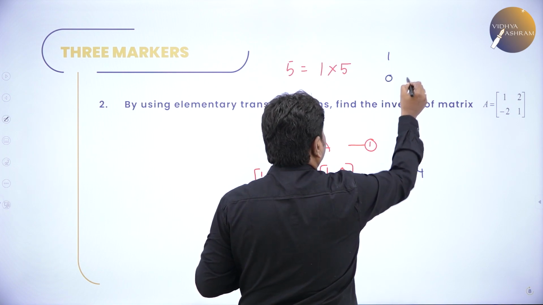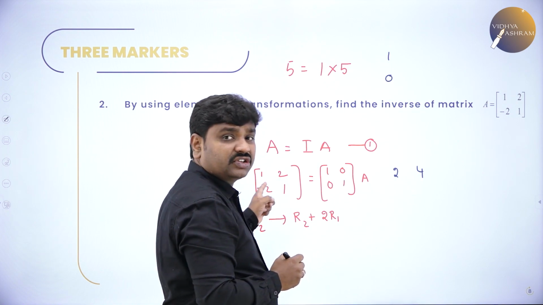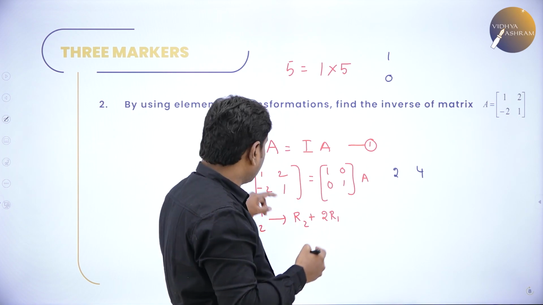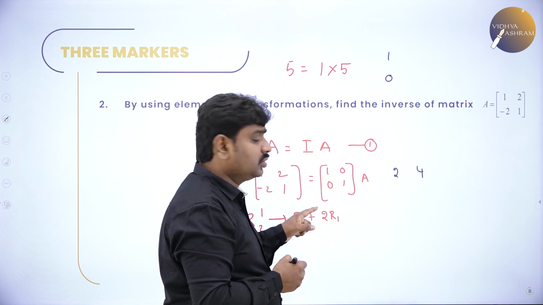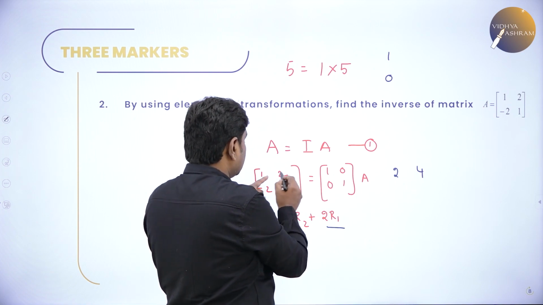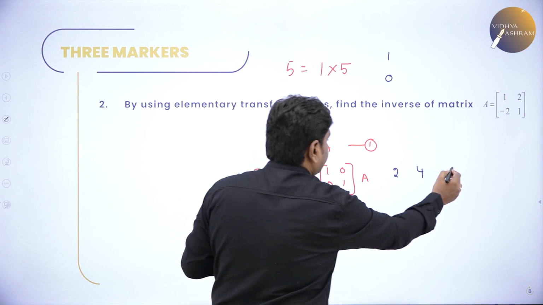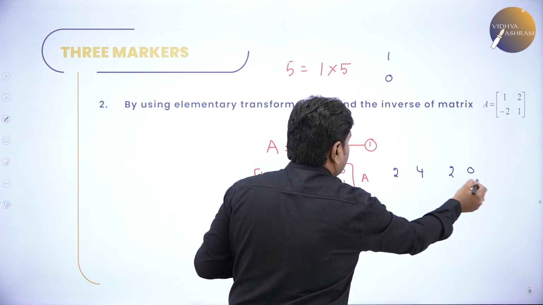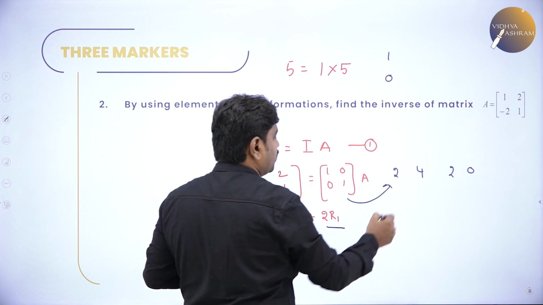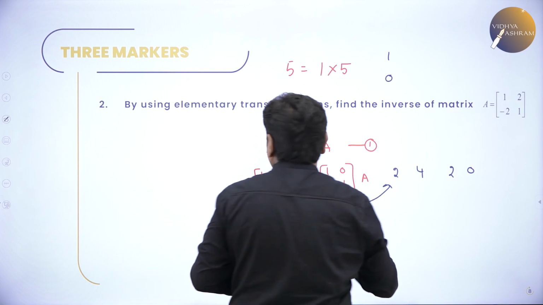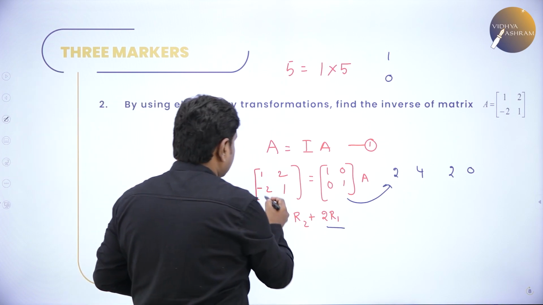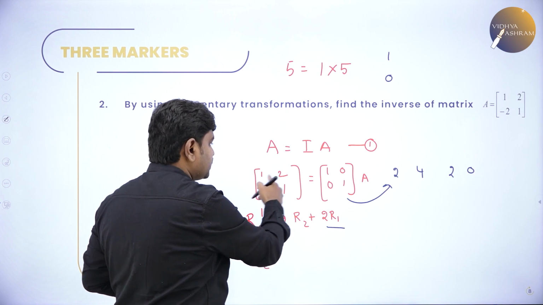Then I want this place to be 0. To make this 0, minus 2 plus 2 becomes 0, but above we have 1. So how to make it 2? Multiply the second row with 2. Then 2 ones are 2, 2 twos are 4, 2 ones are 2 again, and 2 zeros are 0. Now I have to subtract the second row, this with this, corresponding elements. What is the first element? So observe, what is the first element here? The first row should not be disturbed. What is the first row?